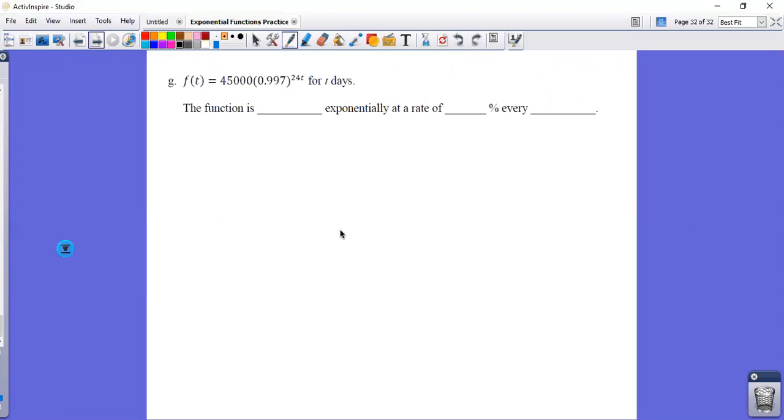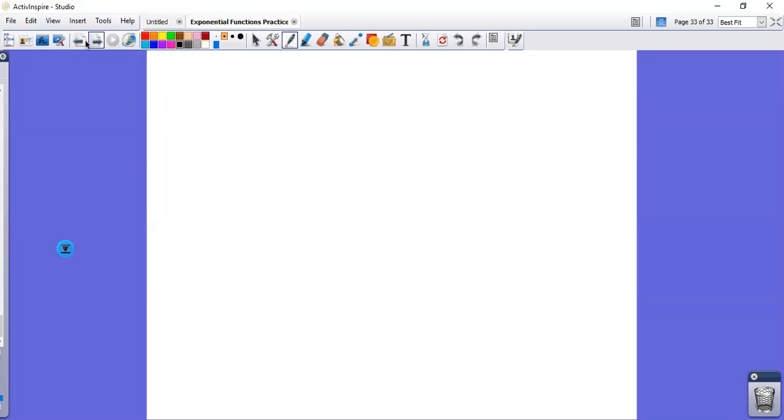That would be every 5 years. Again, decay. If you have a day and divide it by 24, that's an hour. And the rate is 0.003, which is 0.3%. That's it. So we shall